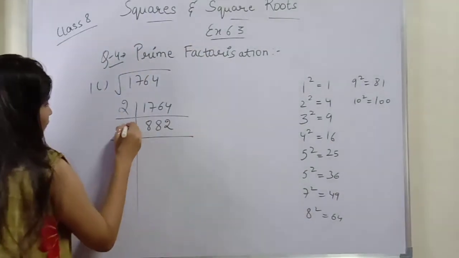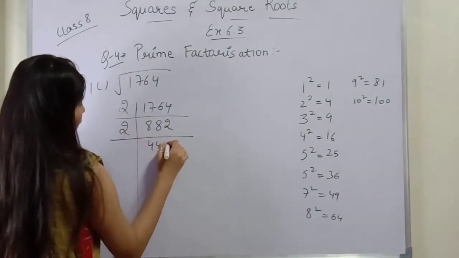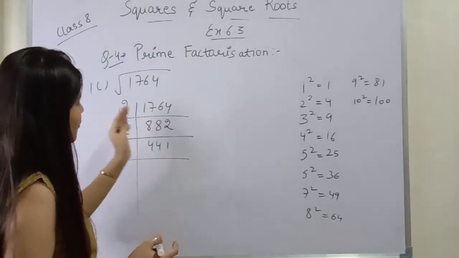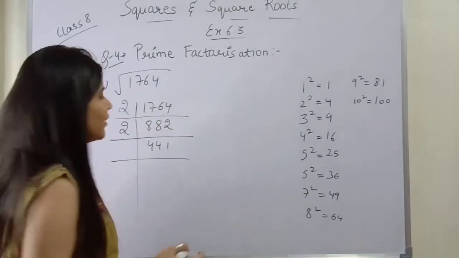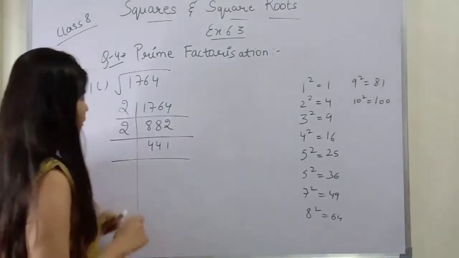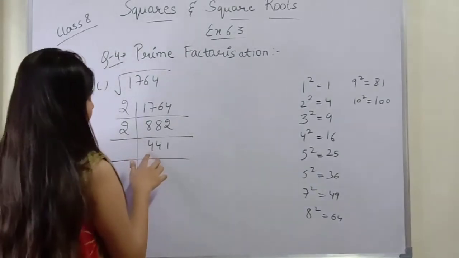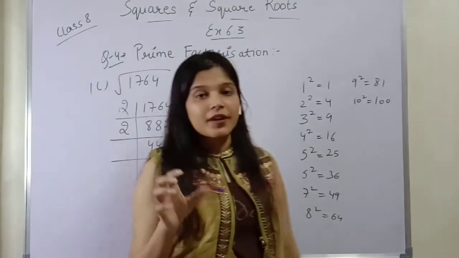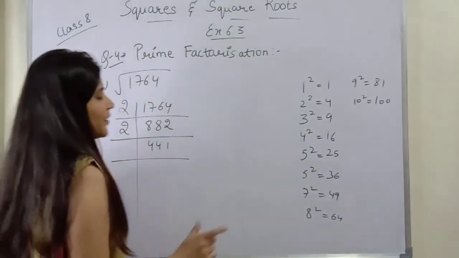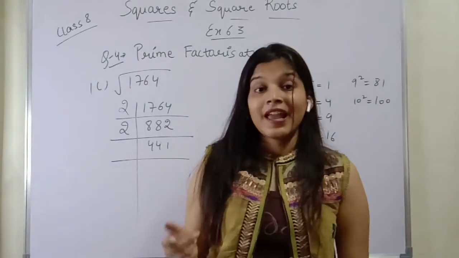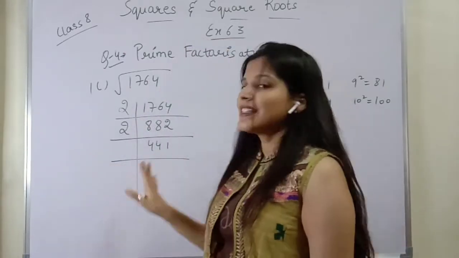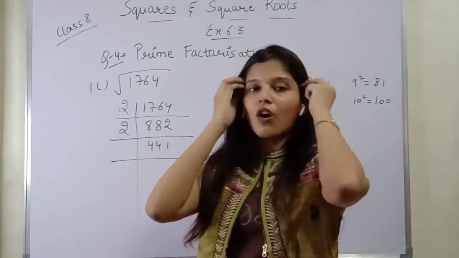It is a multiple of 2. 4 4 and 1. Okay. 2 4s are 8, 2 4s are 8 and 2 1s are 2. So again, now this is not a multiple of 2 because it is an odd number. But we will add the digits and check whether it is a multiple of 3 or not. 4 plus 4 is 8 and 8 plus 1 is 9. And yes, 9 is a multiple of 3. It means that this number is also a multiple of 3.